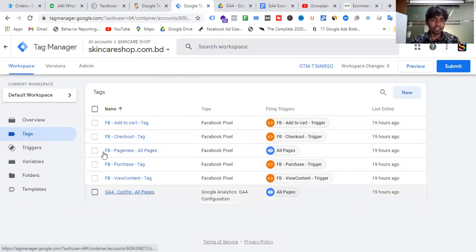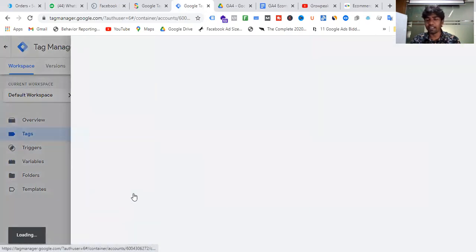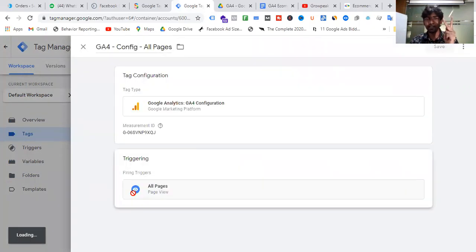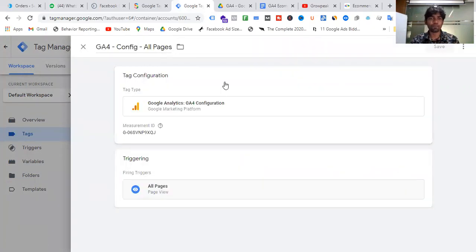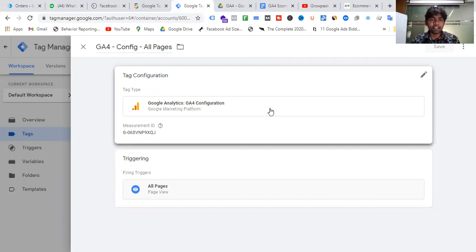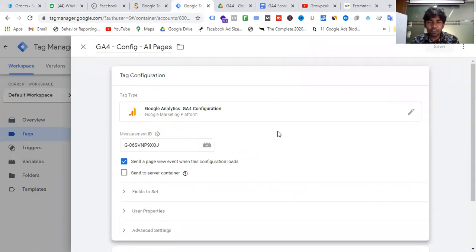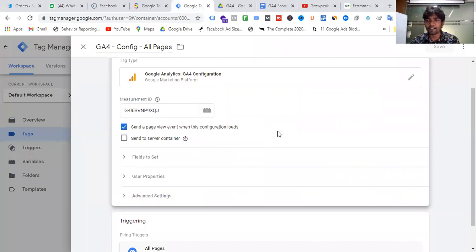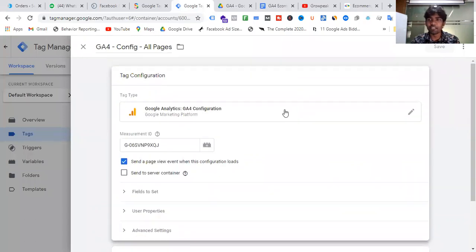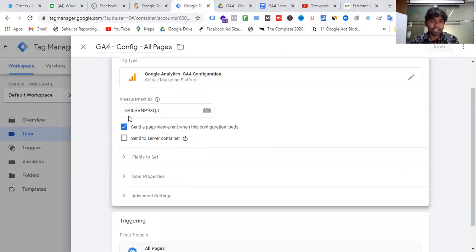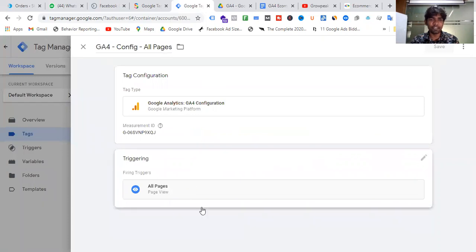In this GTM, we already configured two GA4 tags: a GA4 configuration tag as well as a GA4 event tag. The GA4 configuration tag is very simple to integrate with the website through Tag Manager. Through Tag Manager, we already integrated GA4 here, with just the GA4 measurement ID. I have set it up on all pages.